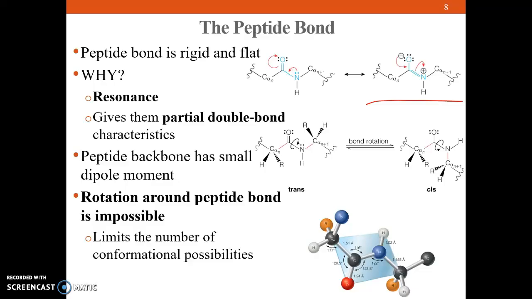It also has a partial charge. If you notice, there's a positive on the nitrogen and a negative on the oxygen. So the peptide bond has partial double bond characteristics due to this resonance. You need to know that. And because of this, you actually cannot rotate around the peptide bond. It's impossible to rotate around that partial double bond. It's a lot more rigid than a single bond. So that limits the number of conformational possibilities that we're going to see in the 3D world for the three-dimensional